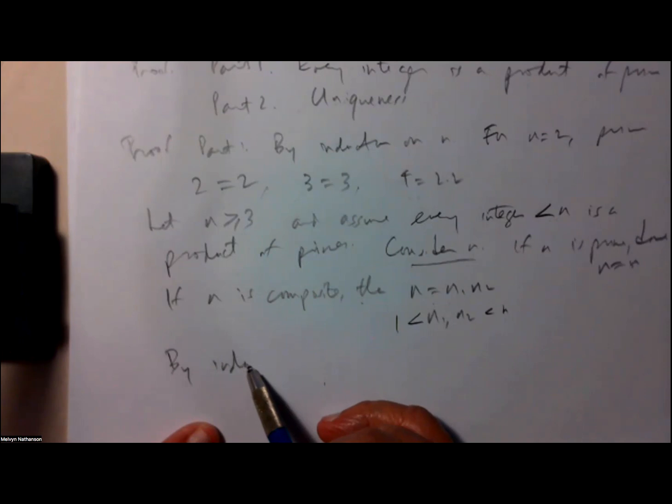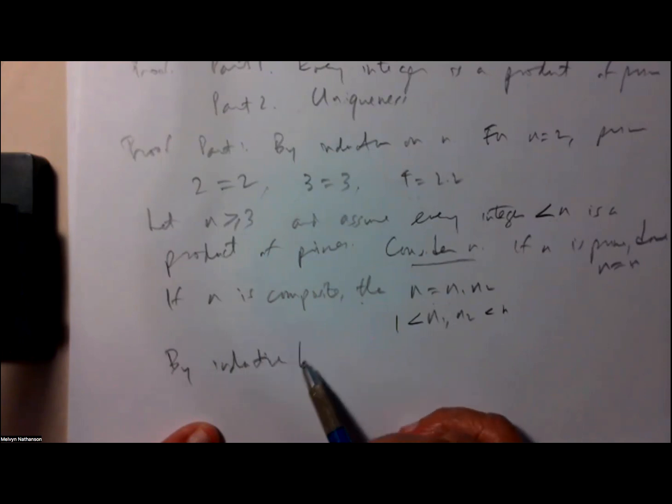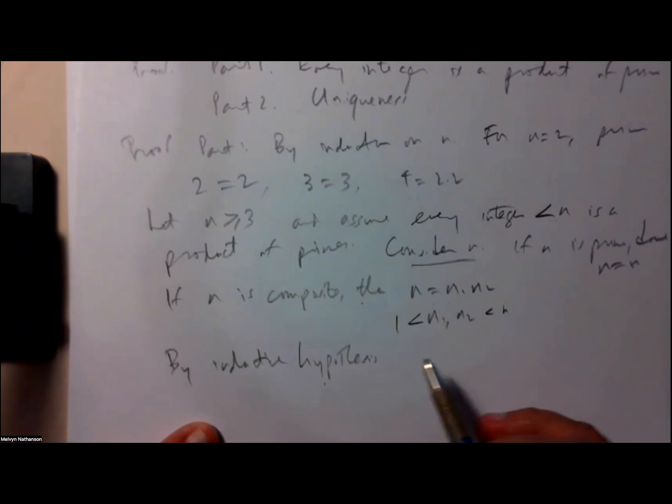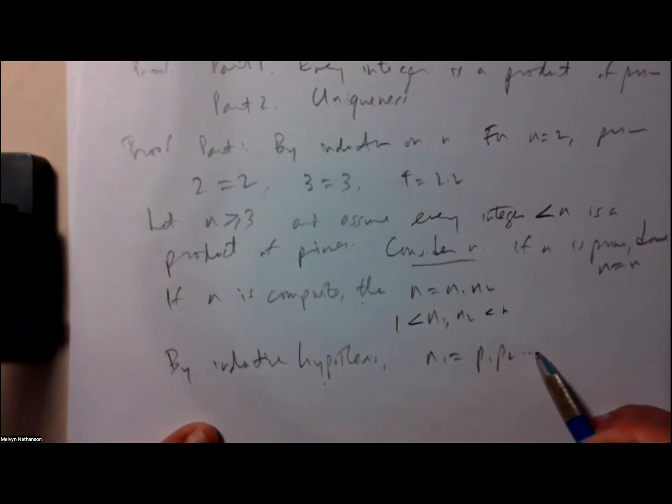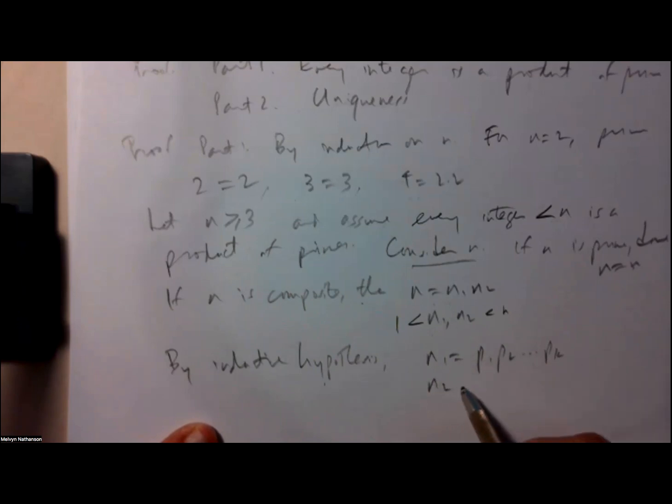By the inductive hypothesis, which says that every integer less than n is a product of primes, n1 is some product of primes, say p1 up to p sub k, because n1 is less than n. These are not necessarily distinct, but just a product of primes. And n2 is also a product of primes, say p sub k plus 1, p sub k plus 2, up to p sub l,